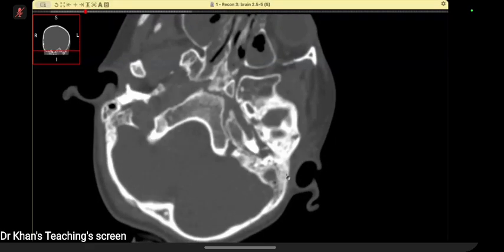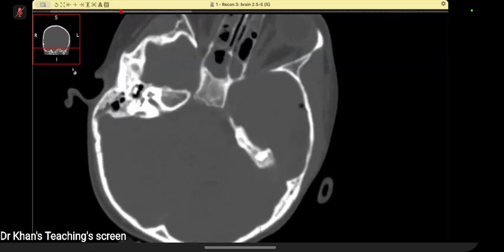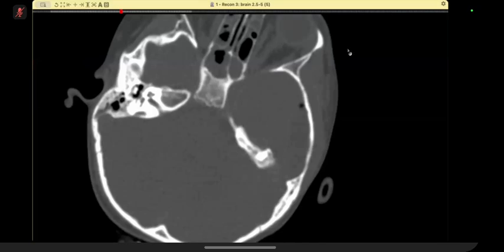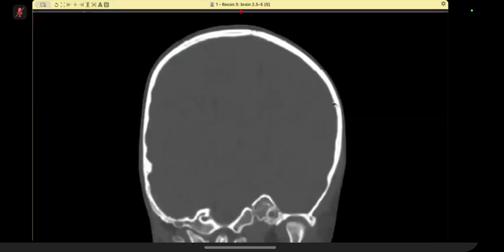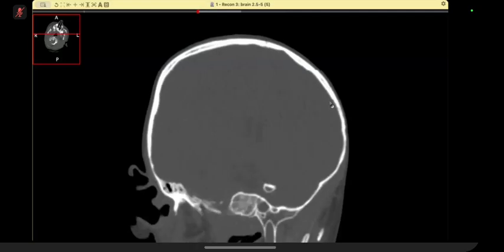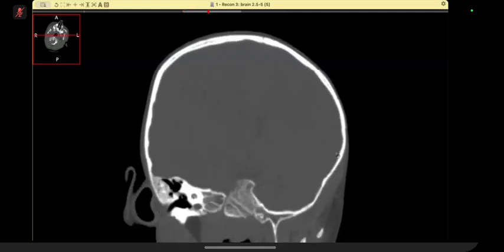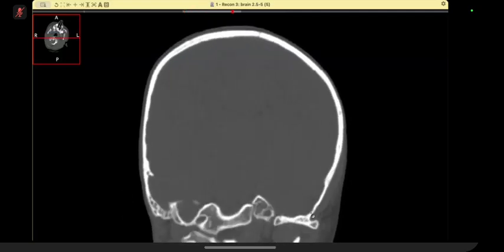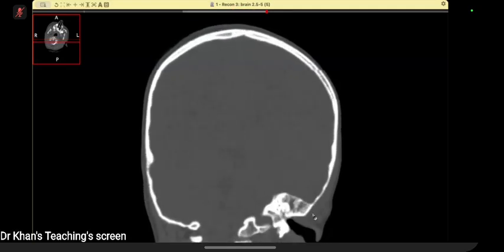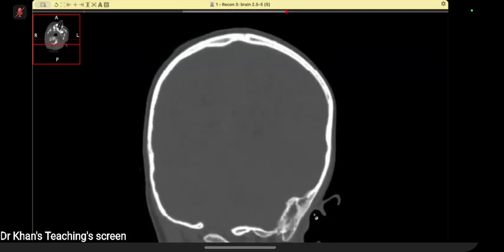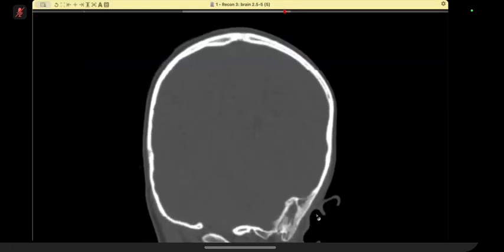Coronal is a good one. You have to ask for coronal so that you can see erosions, etc., particularly very well. So, of course, we knew that there is an air bubble. And here, the candidate did well, mentioning